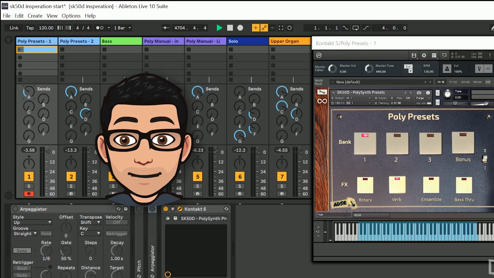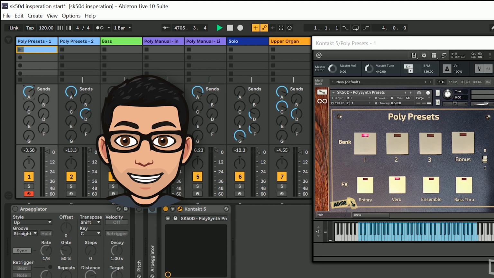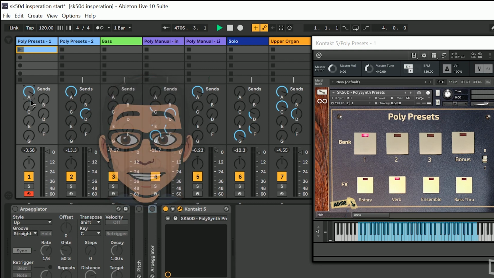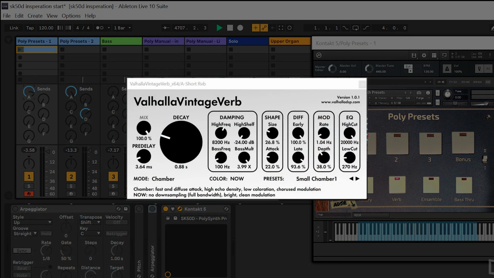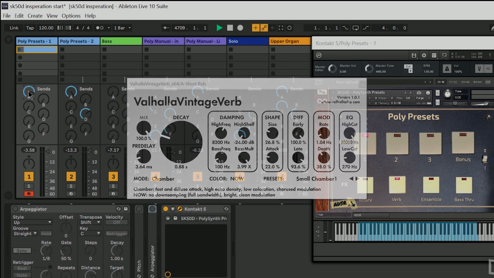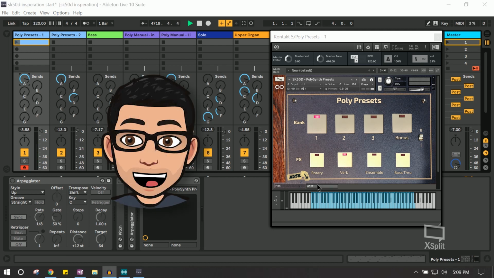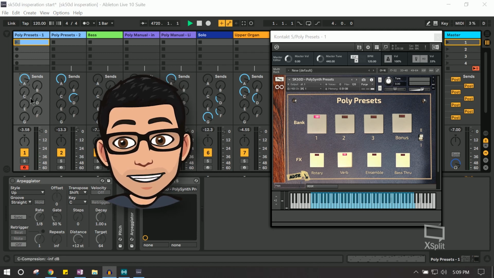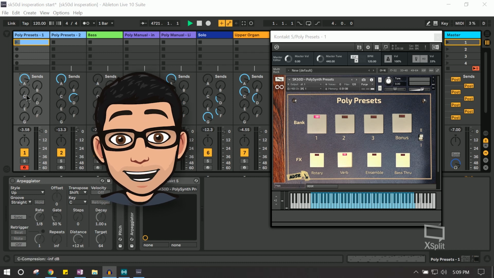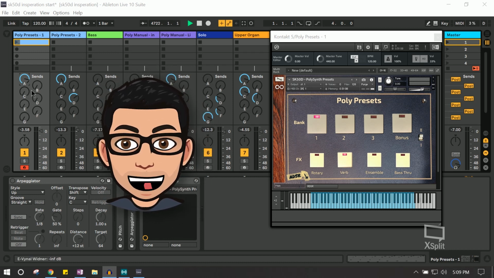So let's send some of the signal on track 1 to the first aux bus with a short reverb on it. How short? Very short. Under 1 second delay time on this reverb. Sounds great, right? Now, using the same method, I'm going to send another 75% to a large hall that I